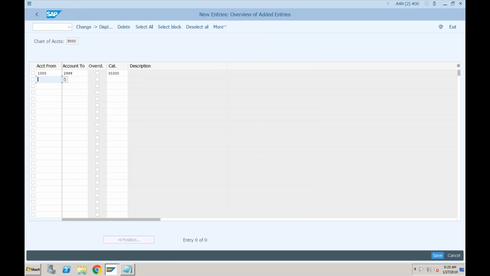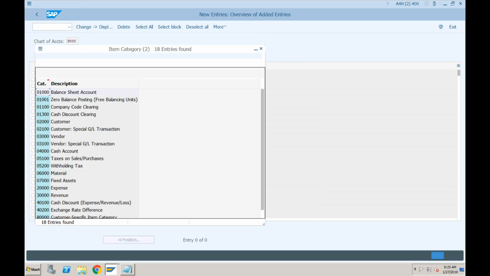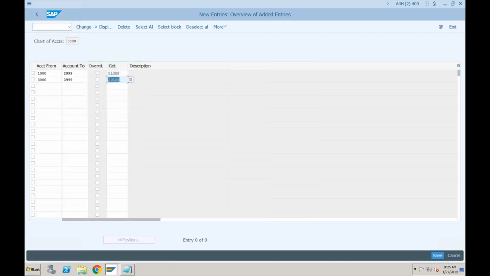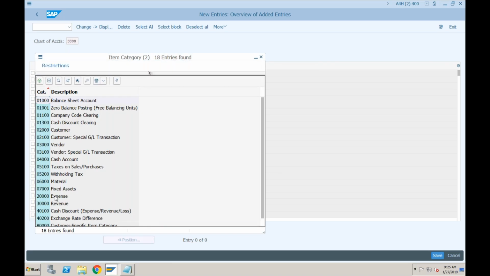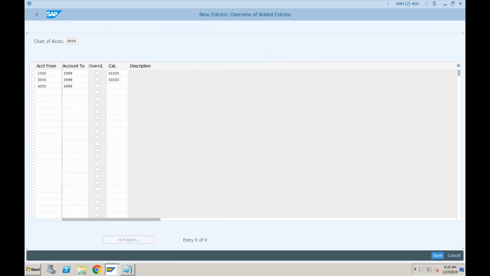Similarly, from 3000 to 3999, which means the 3 series, are our revenue accounts. So I'm selecting this as revenue. And from 4000 to 4999, this I will keep as the expense accounts. Okay, so this is the category for expense accounts. Just click on save.